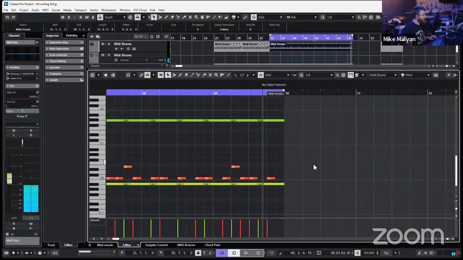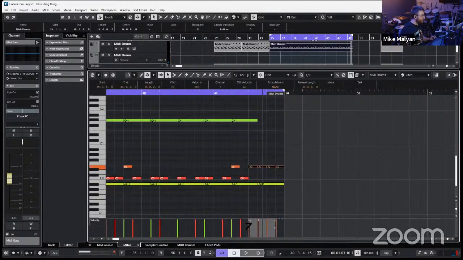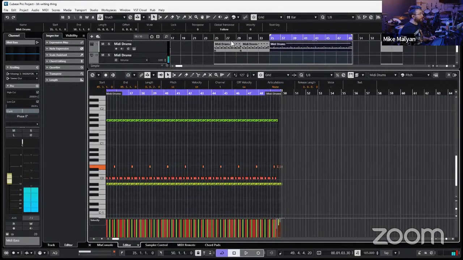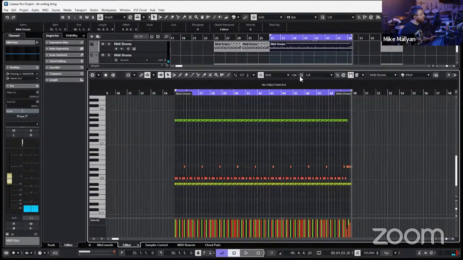And then that can be where we end. We can have that similar kind of end of riff snare roll. So now we have no ghosts, but we have otherwise a really nicely complete part.